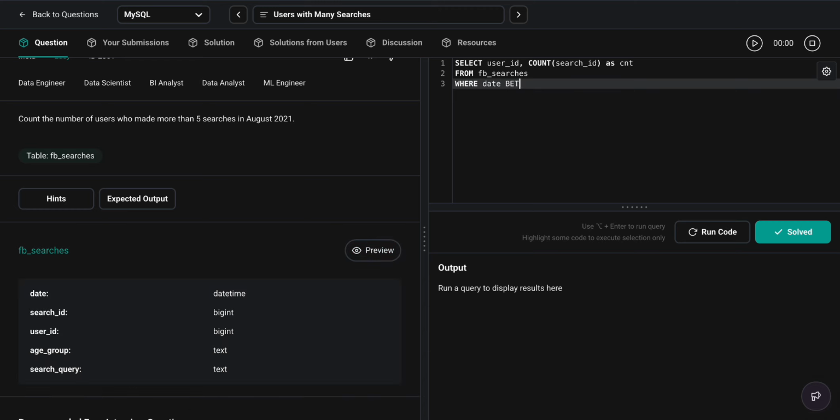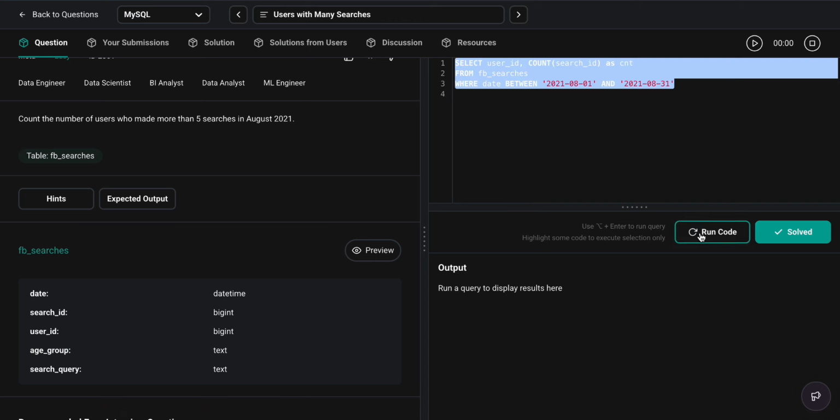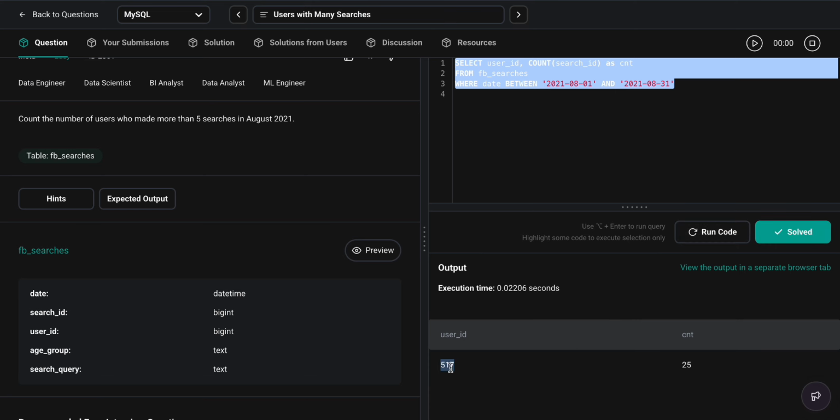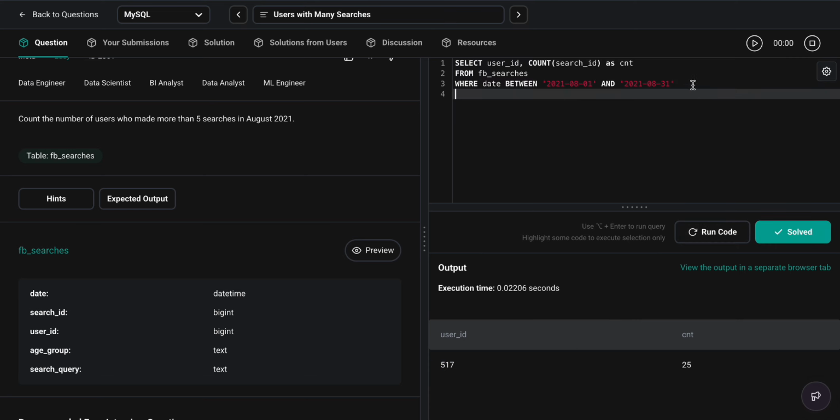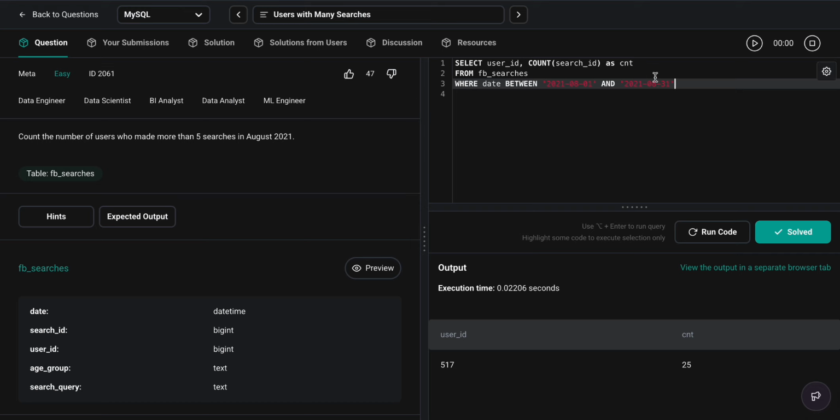date between 2021 hyphen 0, August is the 8th month, so 08 and 01, and we'll copy this, and August has 31 days. Then we'll check whether it's correct or not. Yeah, we are getting the count as 25, but then we need to group by